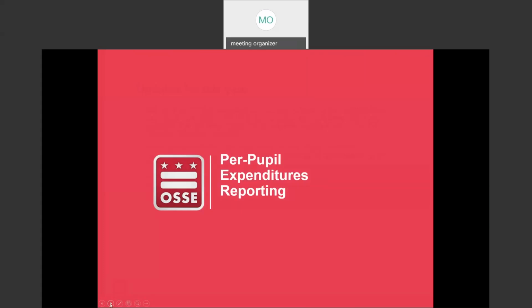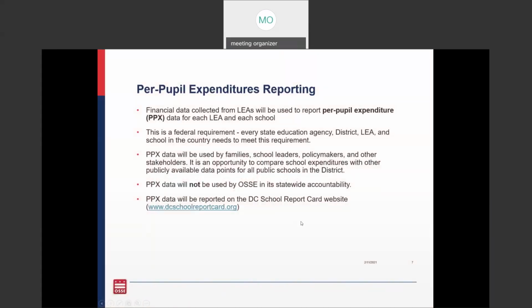So now I'm going to talk about the per pupil expenditures reporting. Financial data collected from LEAs will be used to report per pupil expenditure data for each school and each LEA. This is a federal requirement, so every state education agency, every district, LEA, and school in the country needs to meet this requirement. And the reason that this law was passed is so that this per pupil expenditure data